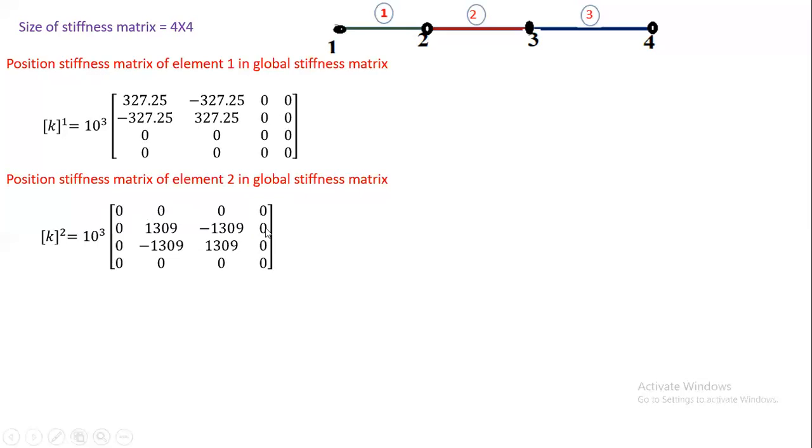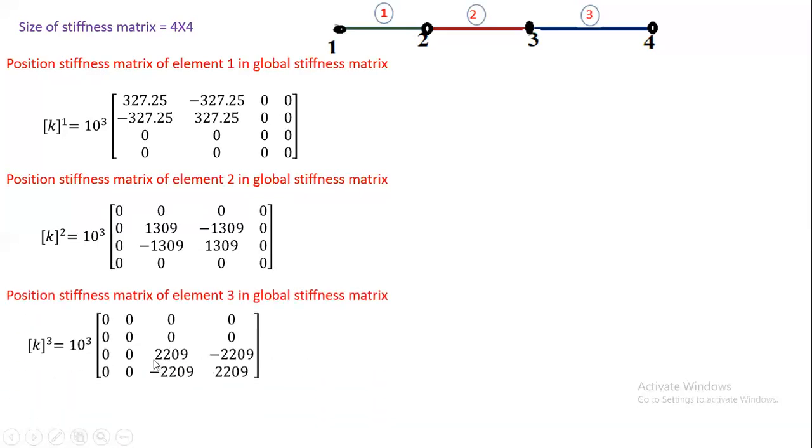Now for the third stiffness matrix, you can see here, this is the stiffness matrix for the third element. The first and second nodes are not connected to element number 3, so rows and columns corresponding to the first and second nodes are 0.